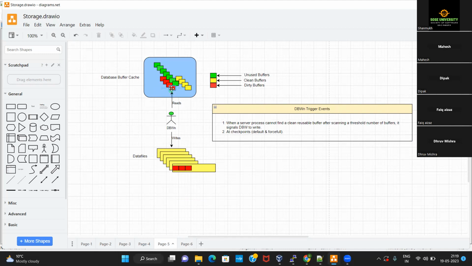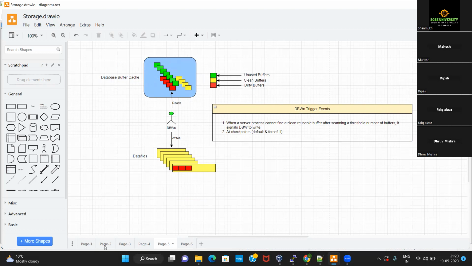Now the thing is, all these dirty buffers, or all the new image of the data or completely new data that is going to be put inside the database, is present inside the buffer cache at this moment. But this database buffer cache in itself is a memory structure. It is present inside the RAM, right?